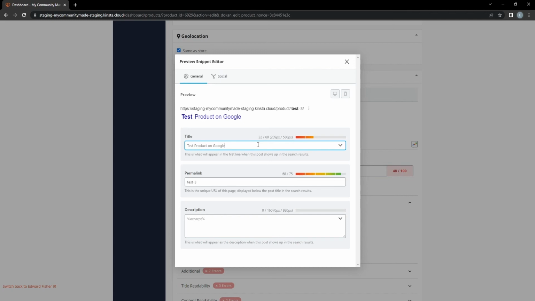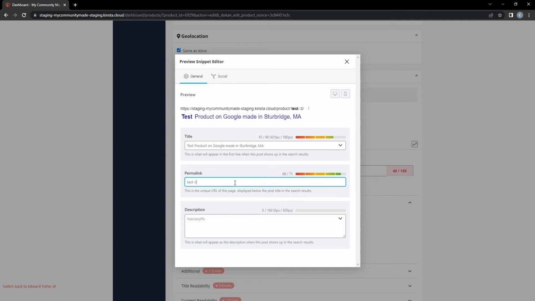And you can do that by adding qualifiers, or in other words, adding some descriptive words about what the element that you're selling is. So something that is typical might be to add a location. So I could say this is a test product on Google made in Sturbridge, Mass. So now you can see I'm getting closer to green. I've added something that might be a search query for the end customer who might be interested in a more local product. And I'm also keeping it individual to the brand that we have. I'm not using very basic keywords that other competitors might be